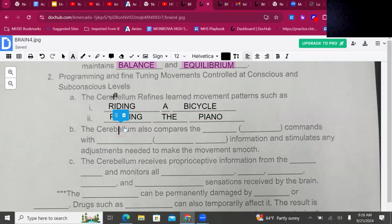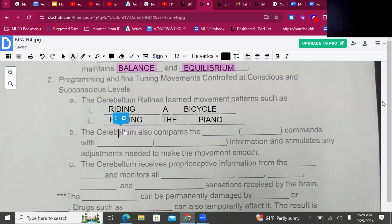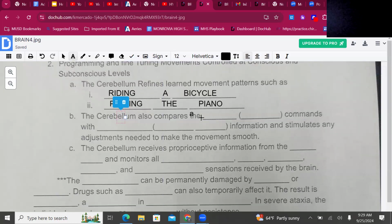So you can think of other skills too, right? Even when it comes to sports skills, when it comes to writing, when it comes to flying a kite, things like that that you learn. The cerebellum helps with those learned movement patterns and helps to refine them and really help define motor control with those movement patterns. The cerebellum also compares the motor, and as we mentioned before, that refers to movement,